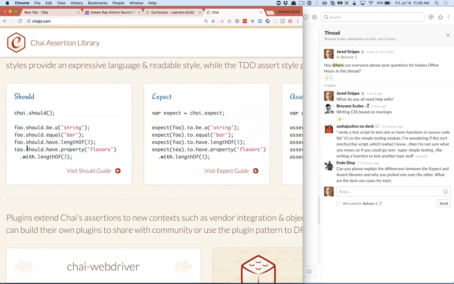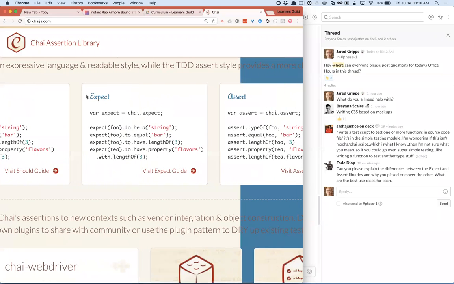Although, you know, it makes for a pretty clean syntax, right? Foo.should.have length of 3, right? But I don't think it's that much better than expect foo to have, right? So this is something that came, I think, out of the Ruby world, where Ruby makes it really easy to add methods to every object and to extend all kinds of things. In JavaScript, it's actually a little challenging. I bet there's a couple of cases where should isn't going to work exactly how you want it to, although I can't think of those off the top of my head at the moment.